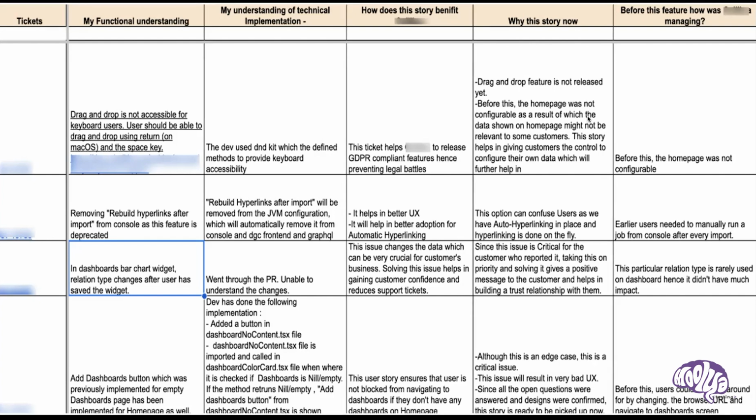And before this story, how was it being managed? How was the client managing without this particular implementation? This is how we try to prepare ourselves for getting ready for test strategy. This is the context understanding part. Once we have this, we go to